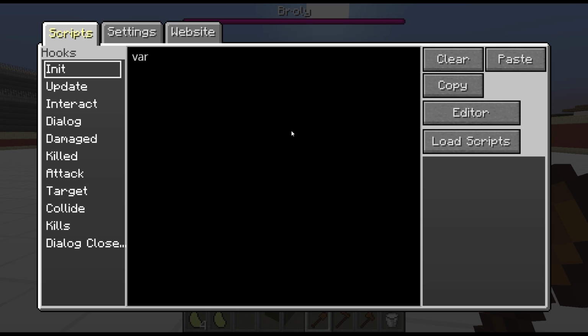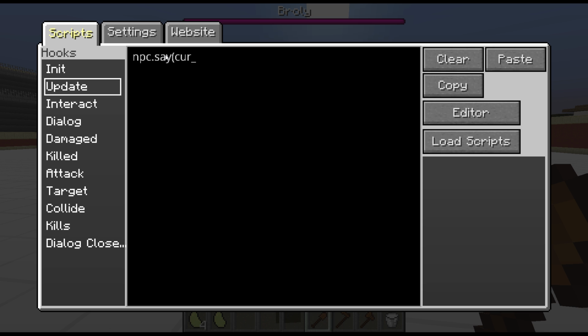So let's say we had var start health equal to 10. I want his health to always equal 10, but I want to be able to manipulate whatever his current health is. Actually, let's just call it cur h for current health. So his current health is 10, and I want to do npc.setMaxHealth equal to cur h. So it starts off with that, but the problem is if I try to do, let's see, npc